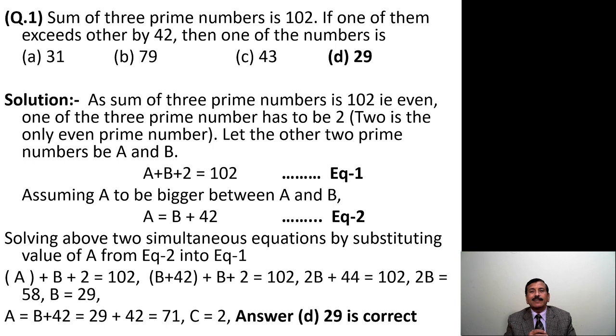We reduce it, and the other two prime numbers together sum to 100, and the difference of those two prime numbers is 42, and the things become simple. Next,